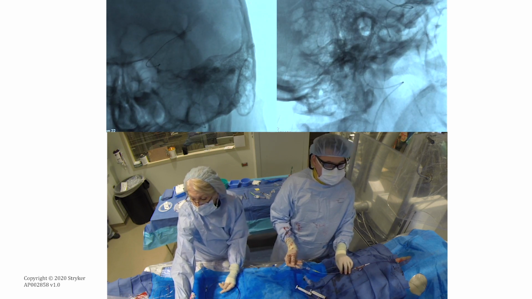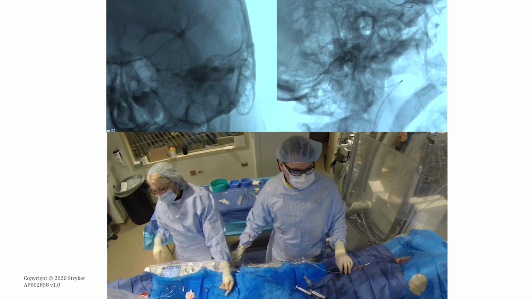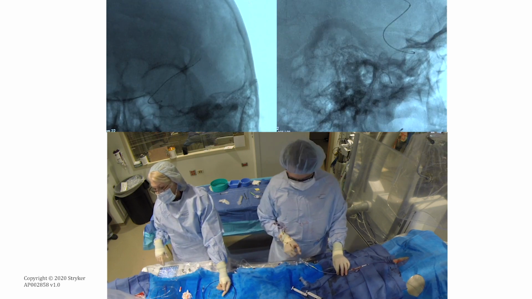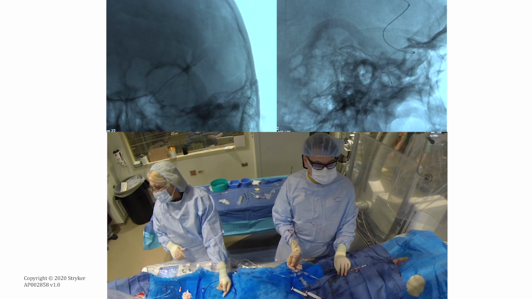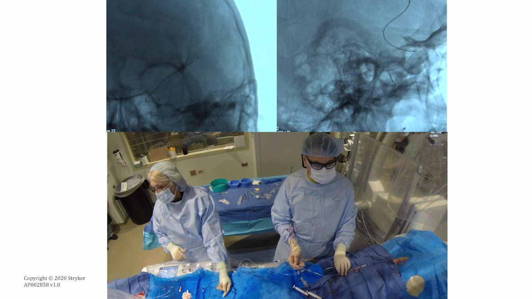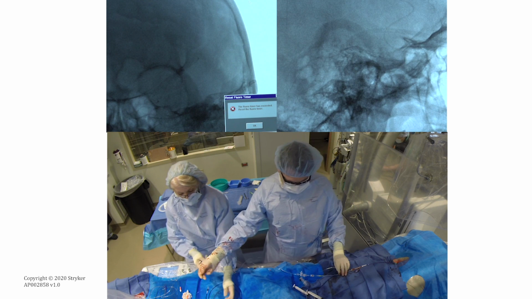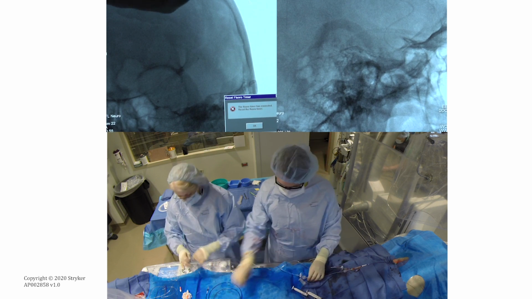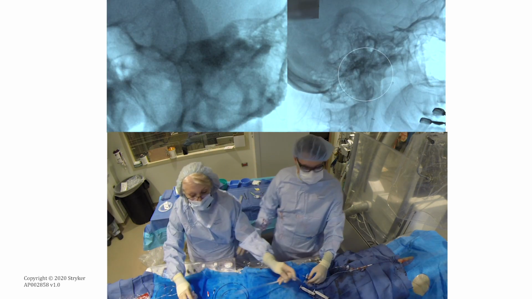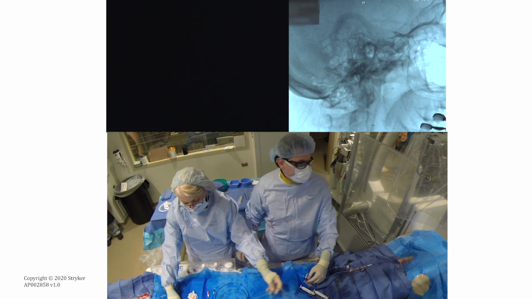So I have the view of the distal portion, always trying to go at least passing the M2 to M3 level beyond the clot, and once the microcatheter is in position, we remove our Synchro support wire,